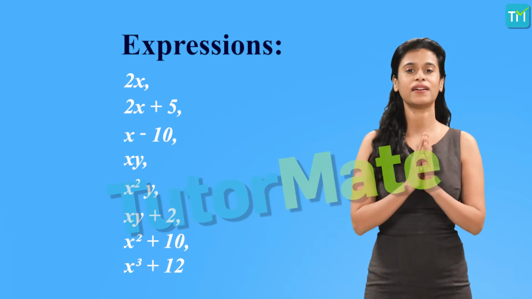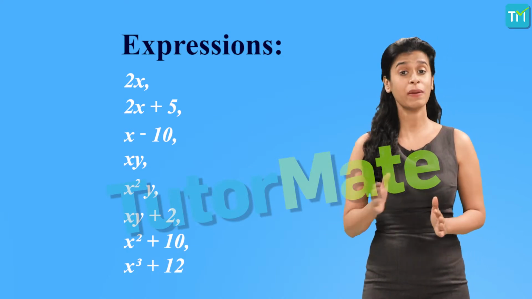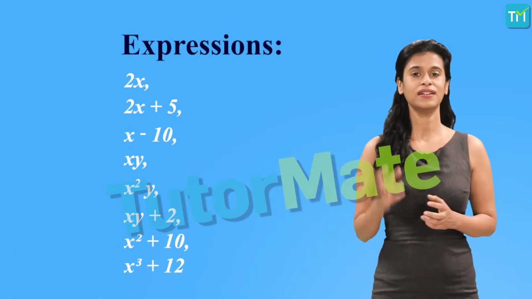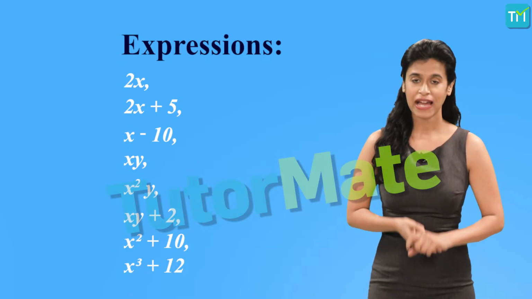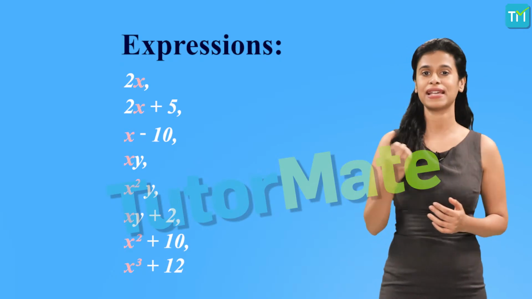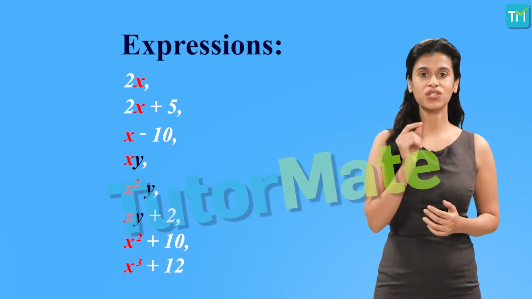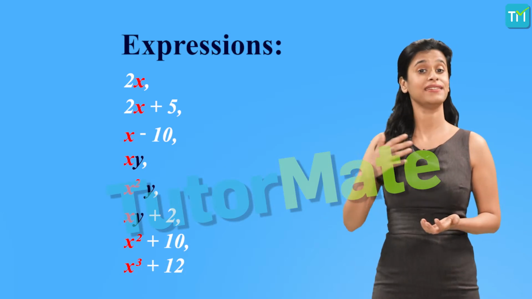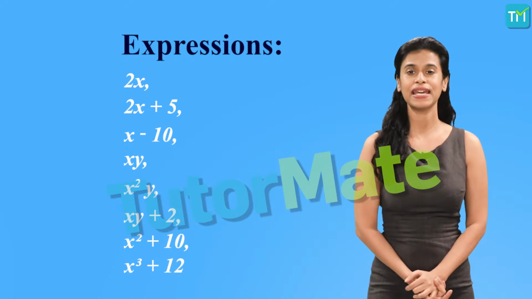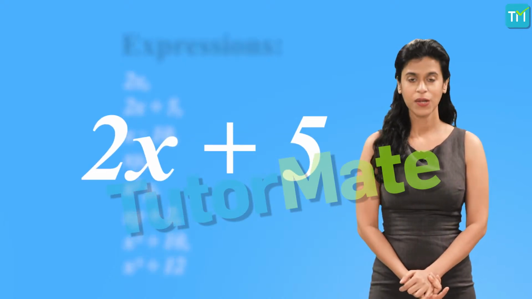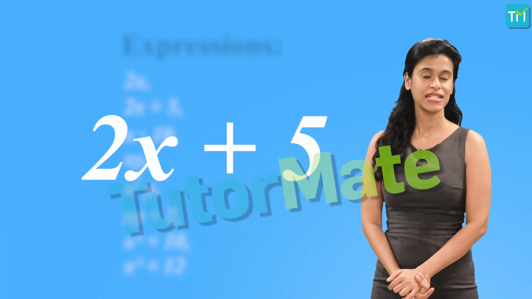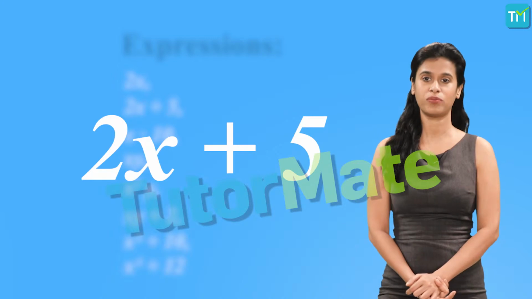Well, all of these are algebraic expressions. If you remember, we studied them in the 7th grade as well, right? So as we can see here, these algebraic terms have one or more terms containing the letters x and y, which denote an unknown value, and then there are numbers along with them. Let's take one of these expressions. Say 2x plus 5, we see that it contains two terms, 2x and 5, separated by the mathematical operator plus.